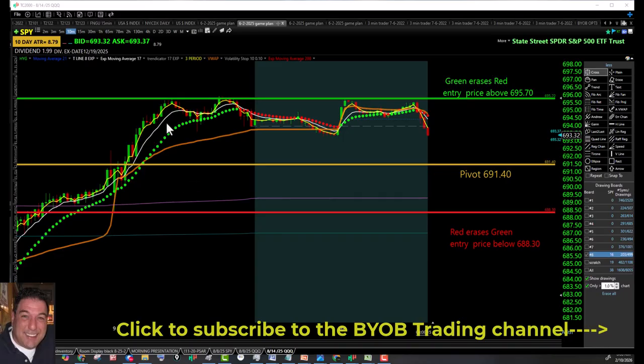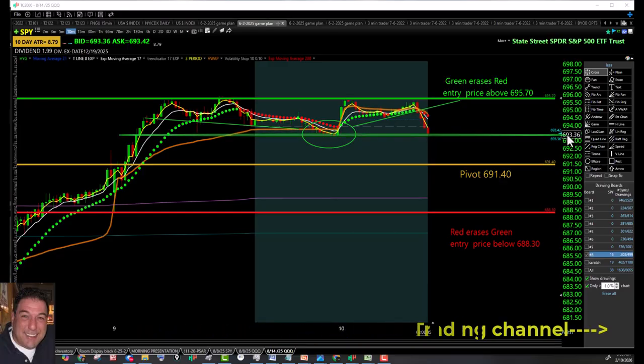So this would be the left shoulder right there. This right here was the right shoulder. And this round structure right here is the head. If they decapitate the head, that voids the bullish inverse head and shoulders pattern. If we break this line right through here, if we break underneath that, that would negate the bullish head and shoulders pattern, and we could come tumbling all the way down